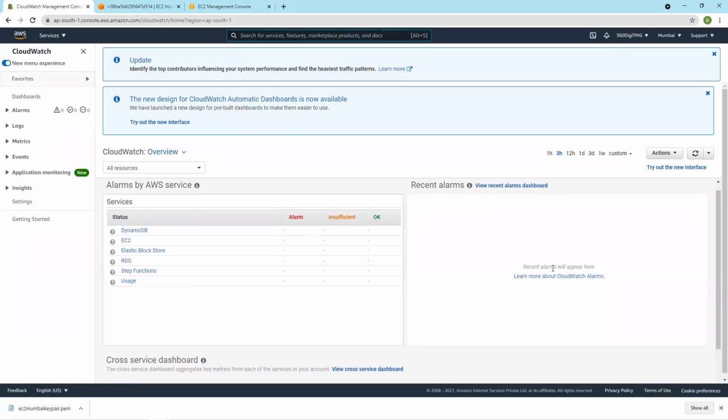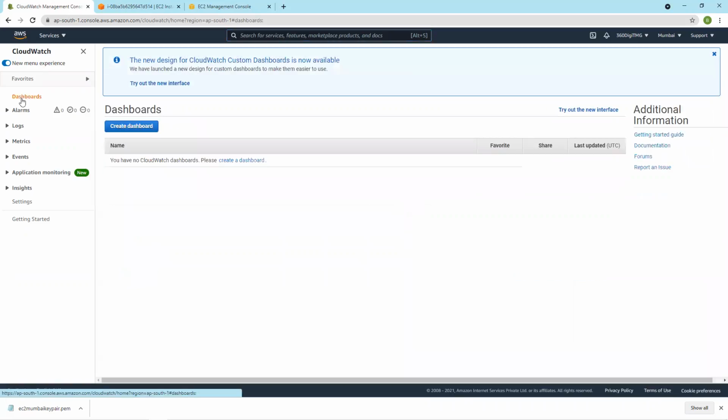No recent alarms. And if you want, you can add your own alarms. Not only alarms, dashboards. If you see, the dashboard is empty here; you have to create a dashboard. You won't get this create dashboard in any of these services. If it is the EC2 dashboard or VPC dashboard or S3 dashboard, you can see all the resources you have provisioned in that service. S3 will display the list of S3 buckets. EC2 will show you the number of instances running and other metrics. Same with VPC, how many VPCs and endpoints there are.